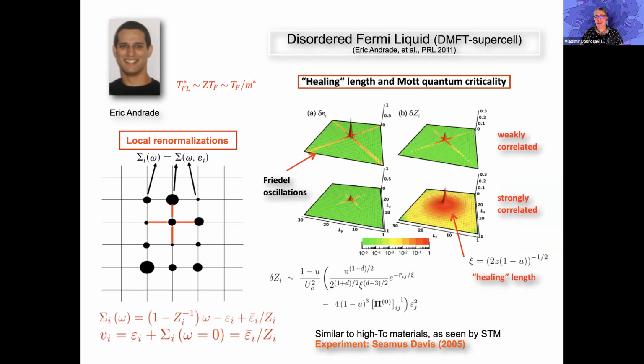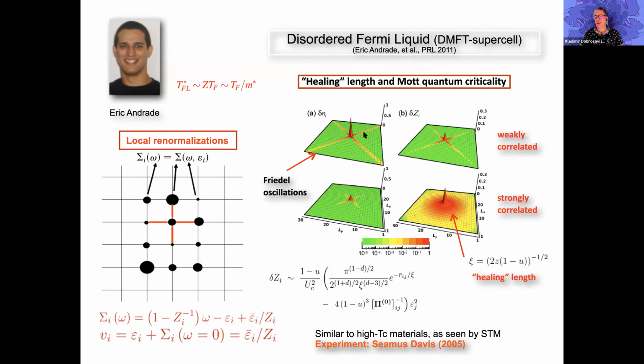Now, let's try to understand this a little better. We realize that this effect is very robust, as it turns out, and we can ask what happens if we just add one impurity with a modest impurity potential. So we just put a single-site impurity in the Fermi liquid and ask, what does this impurity do to the metal? Well, the answer has been provided by Jacques Friedel a long time ago.